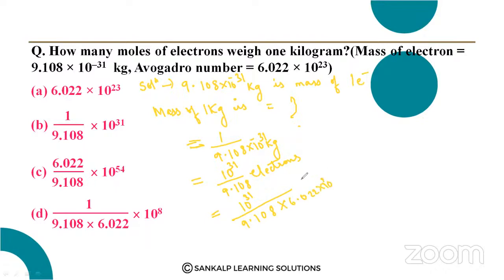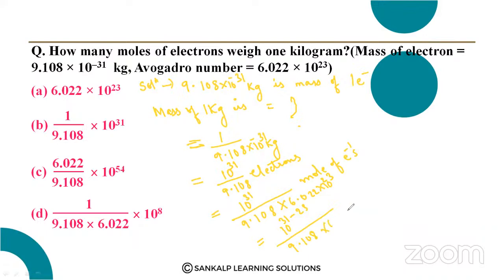6.022 into 10 raised to 23. So these many moles of electrons are present. Okay, so you have to further simplify. You can see you have to further simplify. What you can do, this 10 raised to 23, you can take it upside. So it will be 10 raised to 31 minus 23 divided by